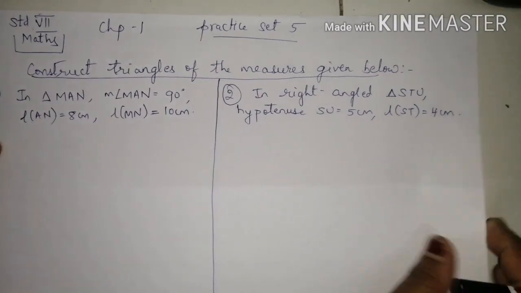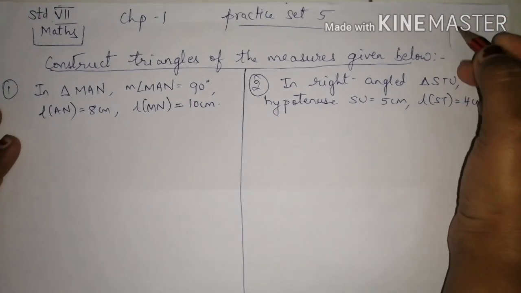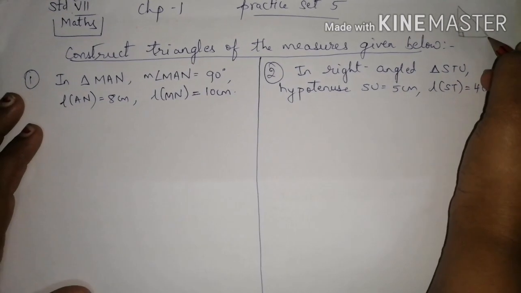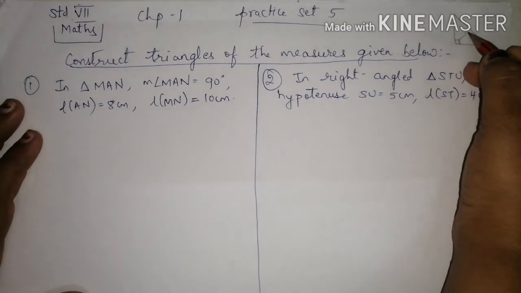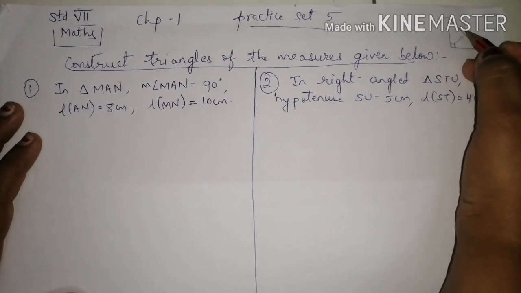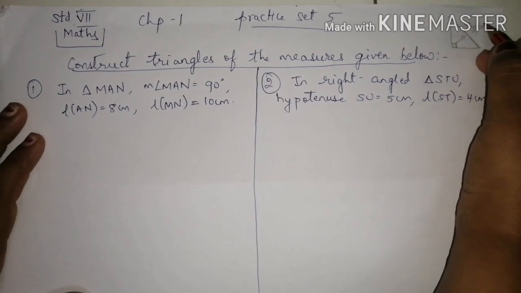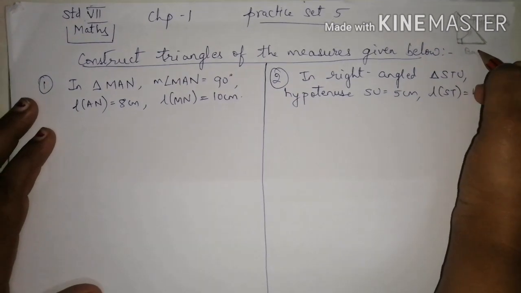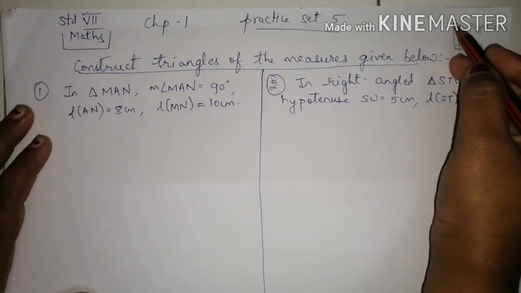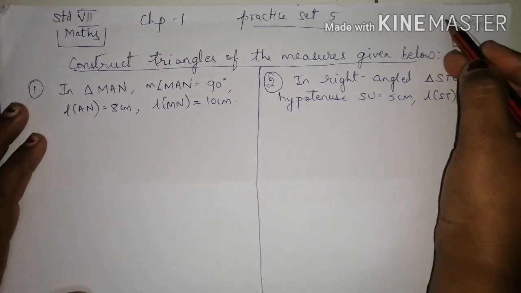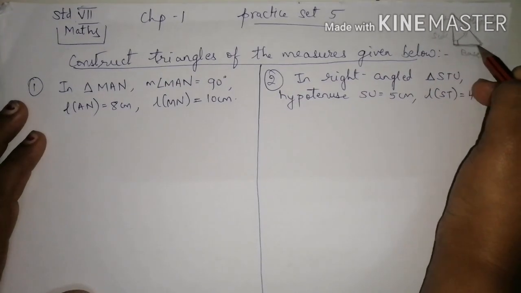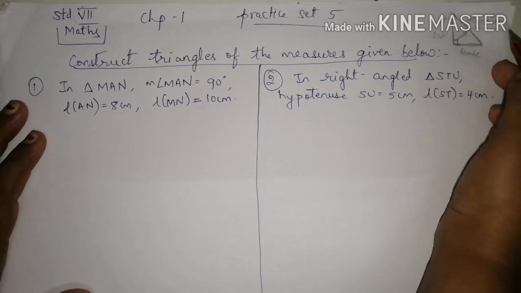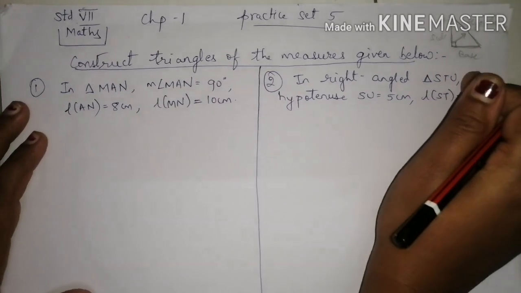Children, this is a construction of a right angle triangle. You all know a right angle triangle usually we draw this way. This is a 90-degree angle. And you should know, opposite to the 90-degree angle, this side is called the hypotenuse side. What is this side called? Hypotenuse. And the downside is called the base. So you should know all this. Opposite to this 90-degree angle, this side is called the hypotenuse. So this is a right angle triangle.